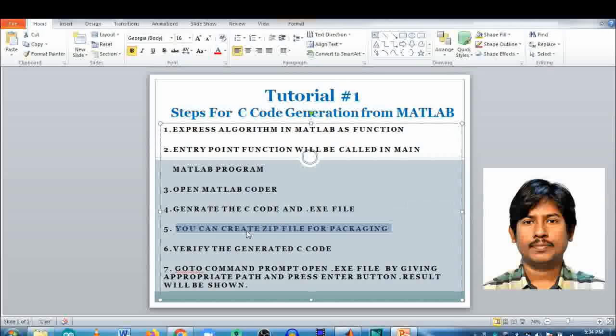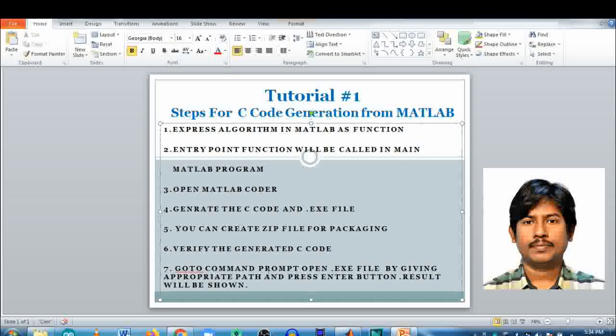Next, we will package the generated code so it can be used for other applications. Then comes verification of the generated code, whether it is working properly or not.